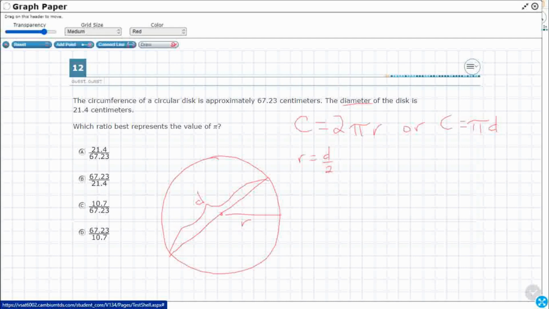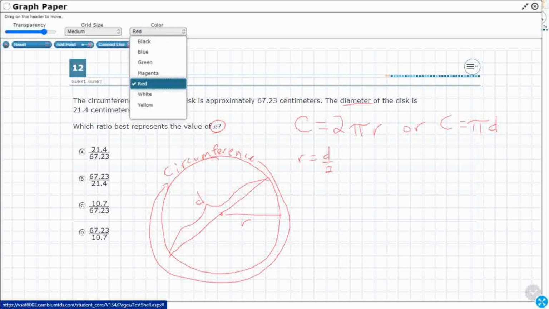So what is the circumference? Well, the circumference, kind of think of it like the perimeter. It is the distance around the outside of the circle. So the circumference goes all the way around like this. Now, we are looking for which of these values best represent pi. Well, we actually know some of these values here, so let me see if I can write them in blue here. So the circumference is